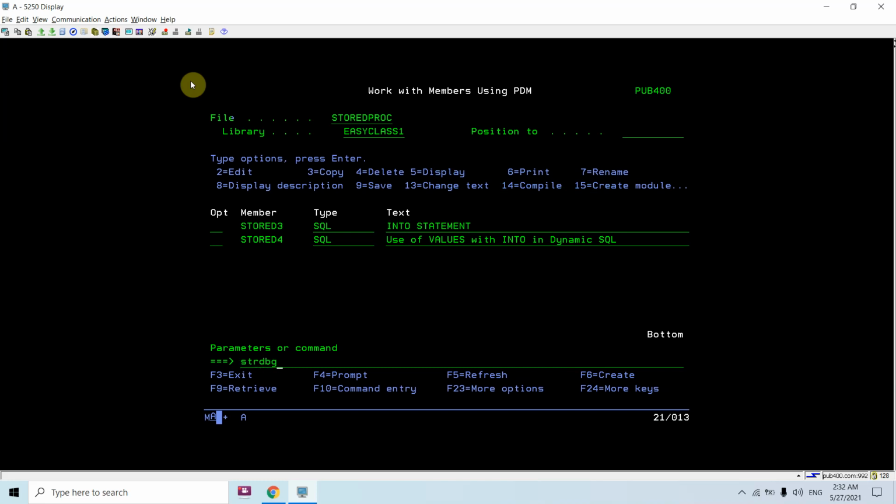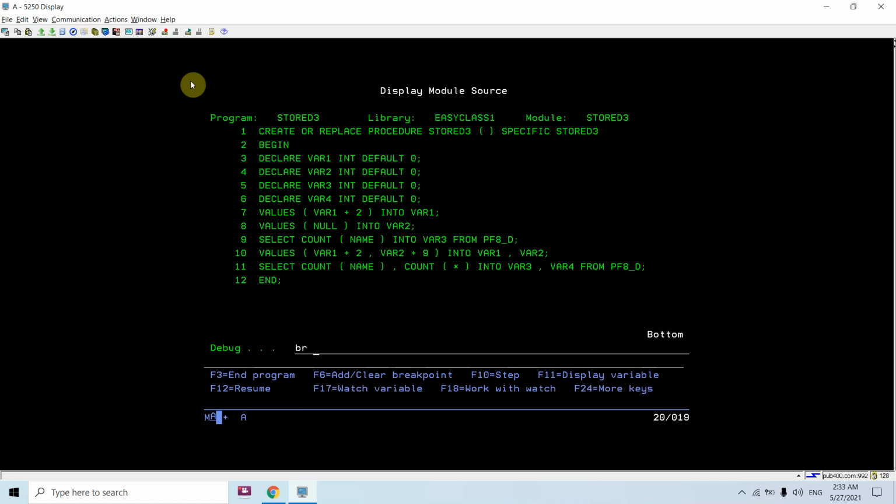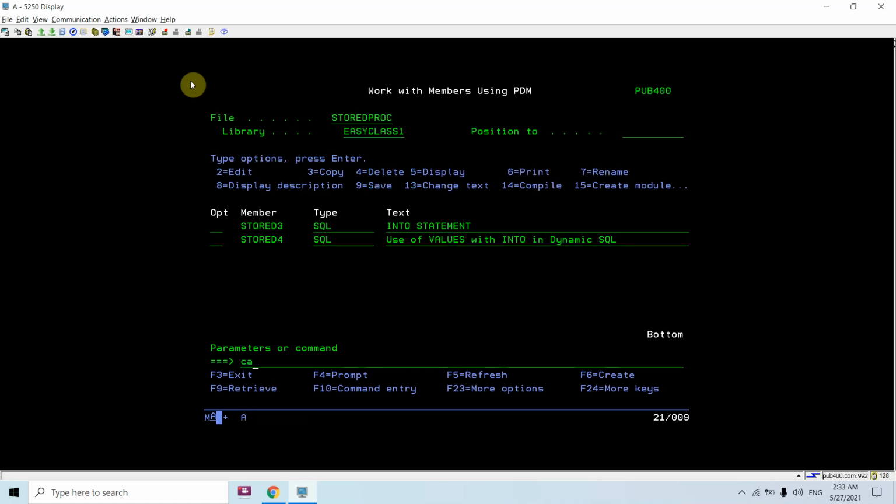Let's first debug the stored procedure, store3. Just wait until the debug source is available to us. Set the breakpoint and call this program.